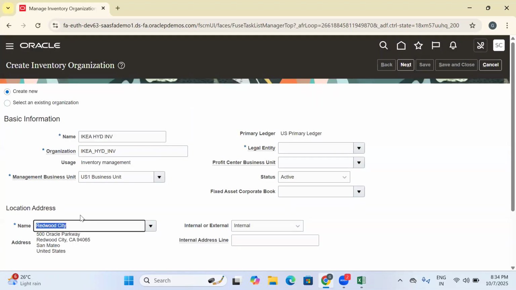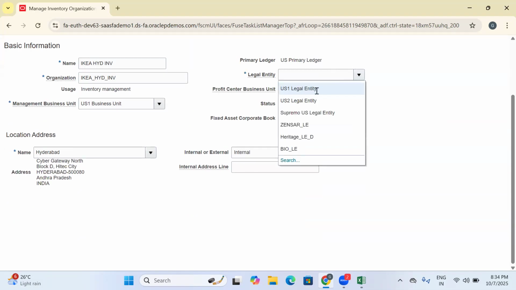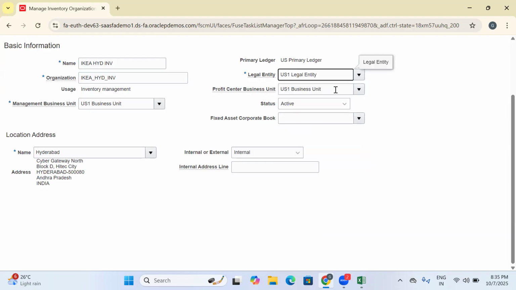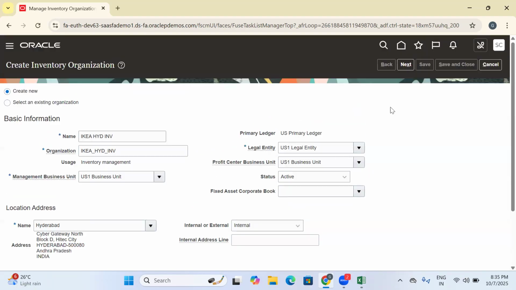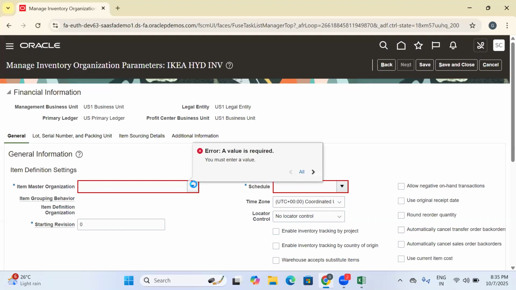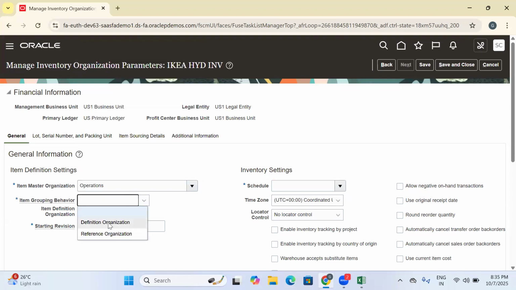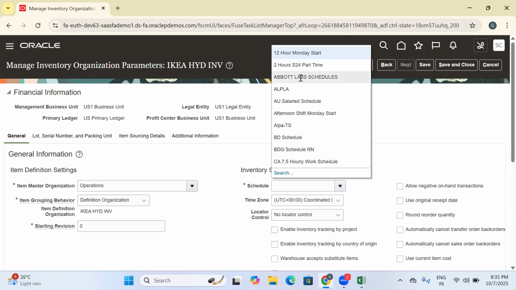What is the location? Hyderabad, just change it to Hyderabad. The legal entity is US legal entity, and the ledger and profit center are automatically populated. Nothing needs to be enabled. Just click OK. Here you need to enter the master organization as operation. This is the definition, same as in the previous